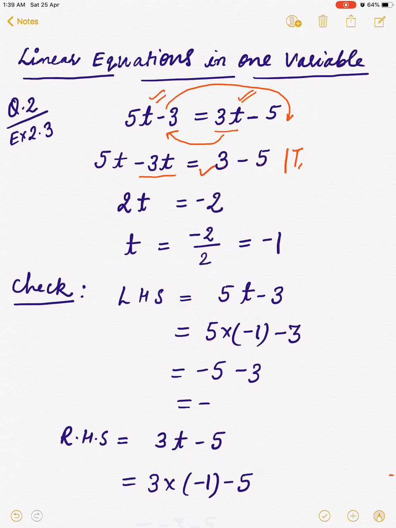So, what I did here? I did transposition. Okay. What will be remaining on left side? 2t. And here also subtraction 2. Symbol of greater one minus. Now again I have to find out t. So this 2 will transpose on right side. It will come in division. 2 and 2 will get cancelled and I will be remaining with minus 1.